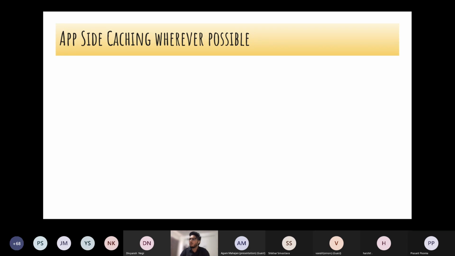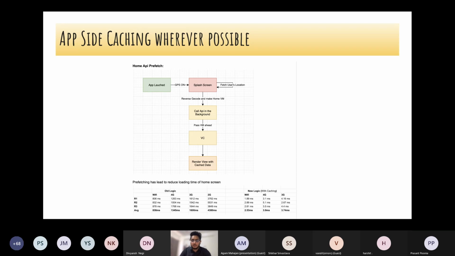The issue here is that when the user has landed, they have to wait for that API call to happen, get loaded, and the data gets rendered. But what if we do some kind of caching or prefetching in our app? What we did was, when the app is launched, we show a screen where we are fetching the user's GPS location.